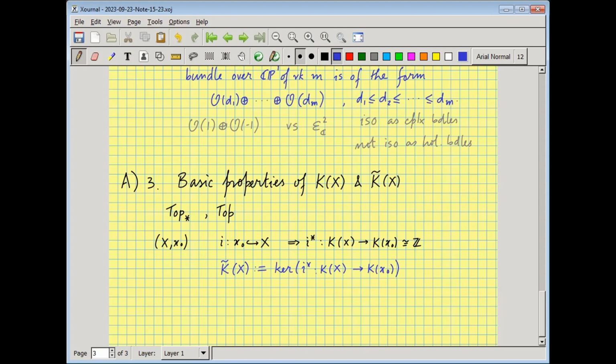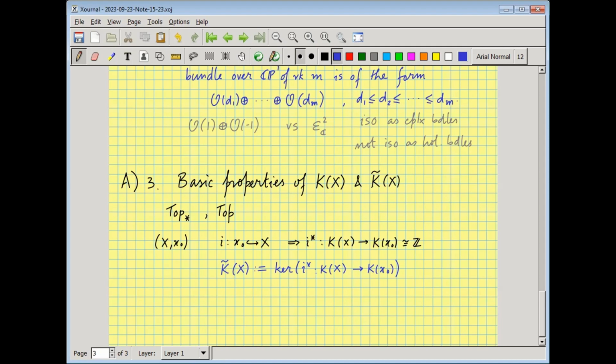So one way to think of this would be, in the difference notation, class of E minus class of F, but E and F have the same rank. So it's just a formal difference of two vector bundles over X having the same rank. Okay? Or you could think of it as a formal difference of E and the trivial bundle of the rank